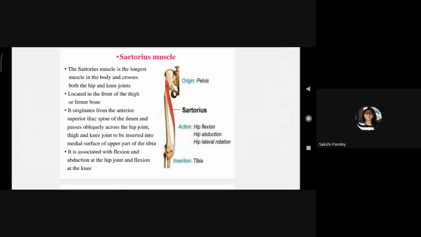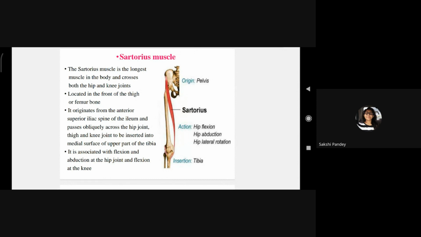So it is originating from pelvic bone, right? It is originating at the superior part of iliac bone. So from iliac bone, it is crossing the hip joint and the whole thigh and crossing the knee joint also,